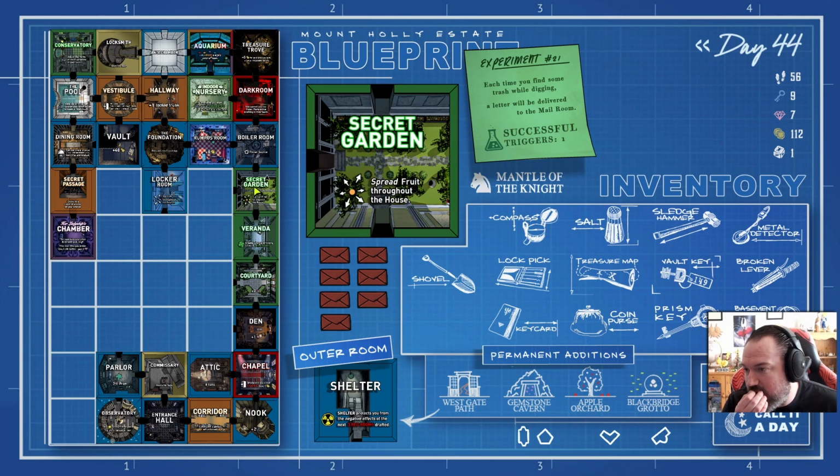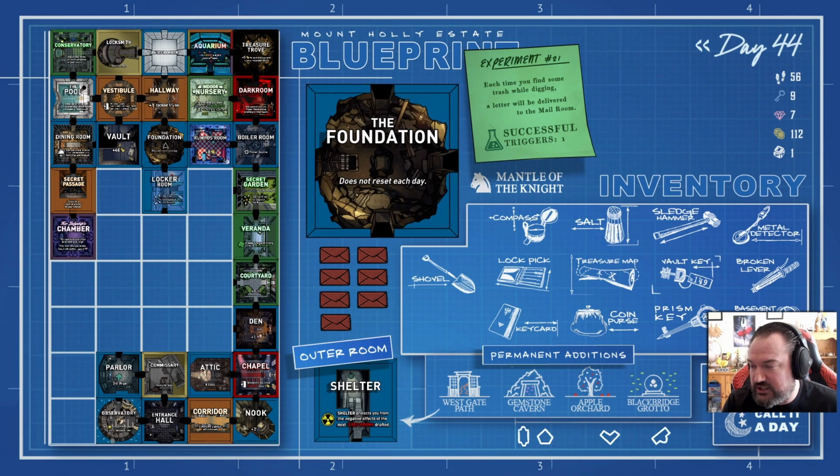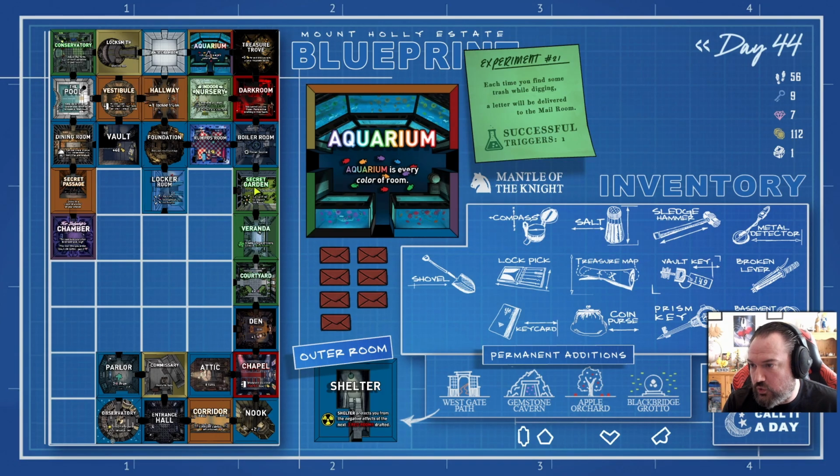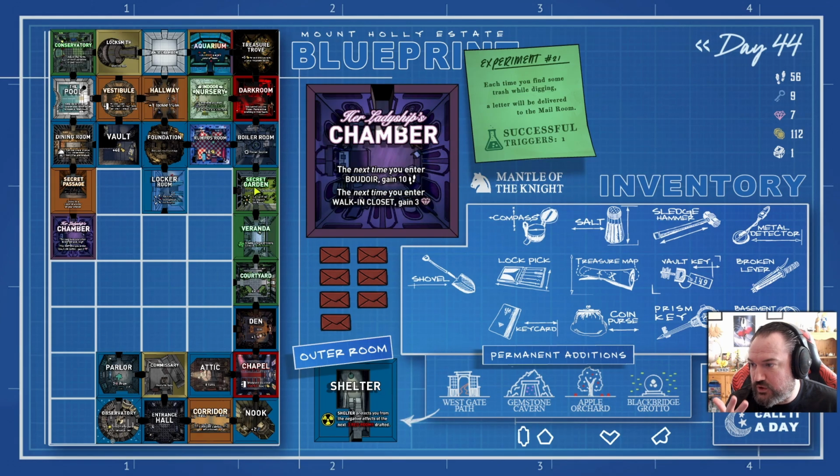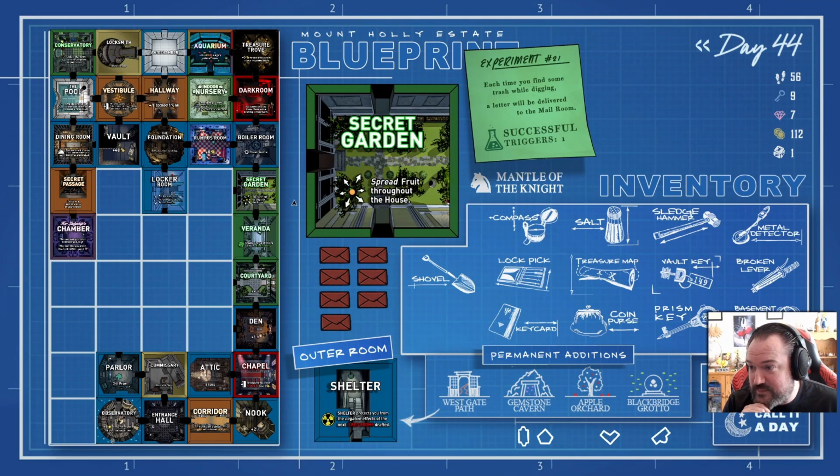Right. Where are dig spots that we found? Foundation. Aquarium. Conservatory has a dig spot. Her ladyship's chamber. We're going to dig a big old thing up. We've got 56 steps. If we go back immediately...